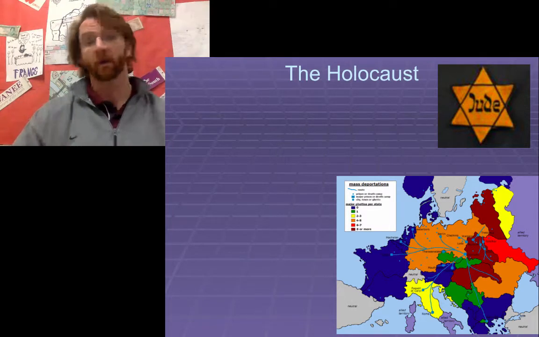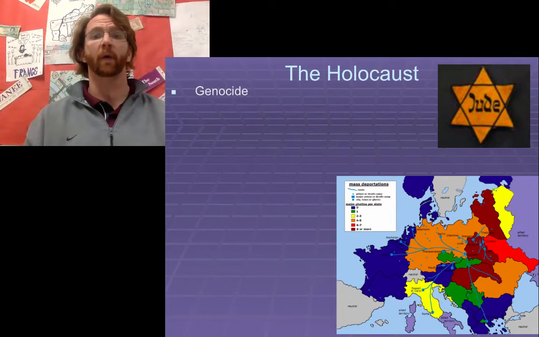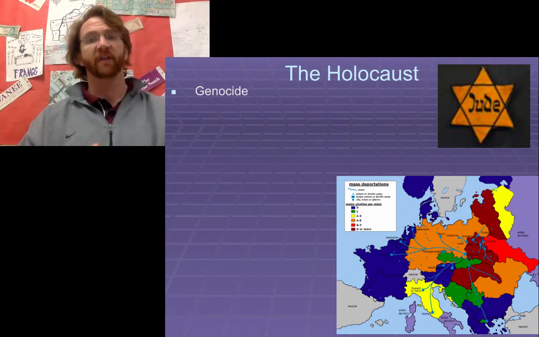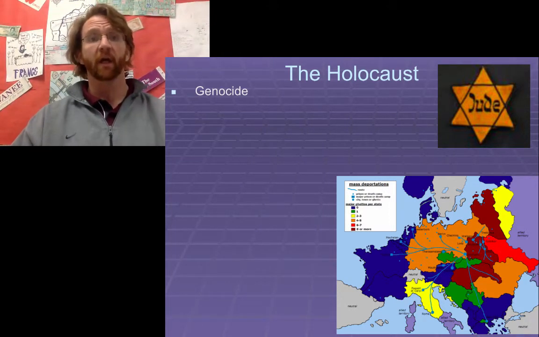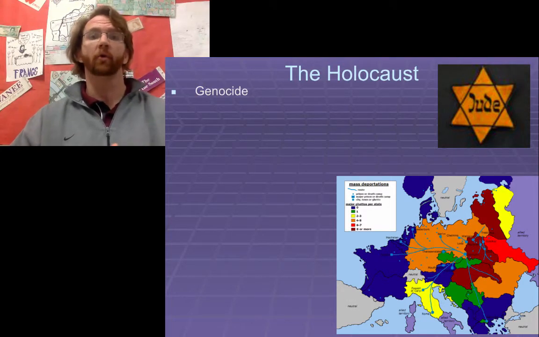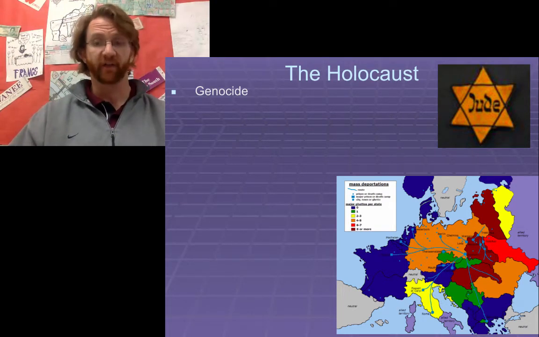We're going to talk a lot about other genocides that took place in the 20th century. Well, first of all, we've got to define the word genocide. The Holocaust is just one example of a genocide that took place in the 20th century. But a genocide is the targeting and execution or killing of one specific group of people for political, religious, or ethnic purposes. Because they are politically, religiously, or ethnically different than you, you target that group and you persecute them, usually leading to taking their life and executing or killing them.